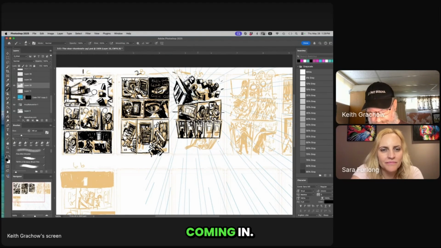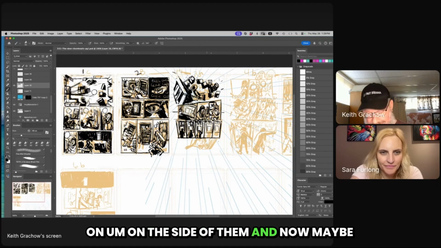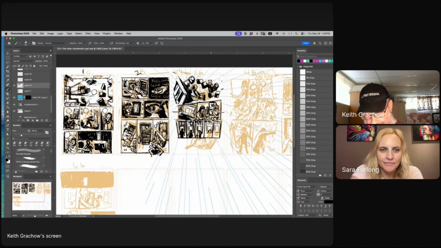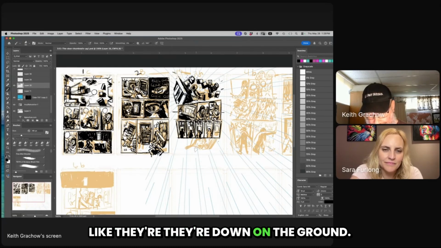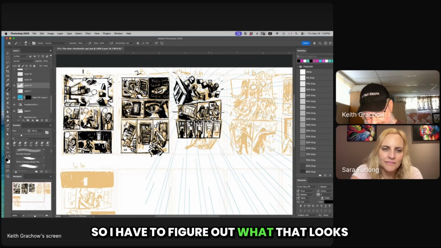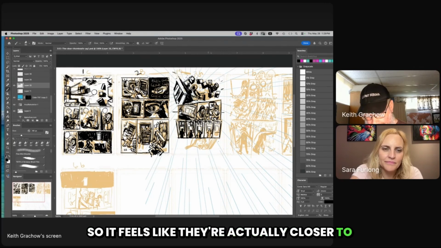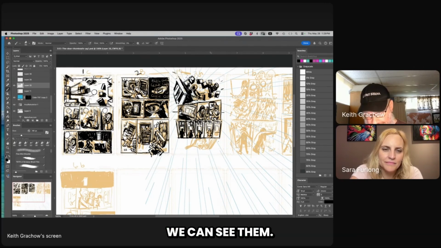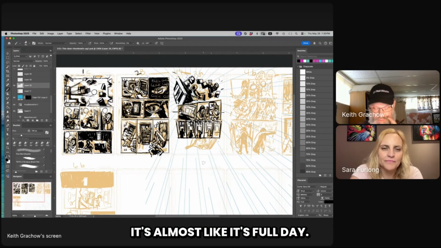And then now there would be some heavier light coming in on the side of them, and now maybe this next one, they're closer to the door, right? We have them almost like they're down on the ground. So I have to figure out what that looks like. Maybe they're a little bit smaller, so it feels like they're actually closer to the door there. You can see them. And again, there's not a lot of shadow on them this time. It's almost like it's full